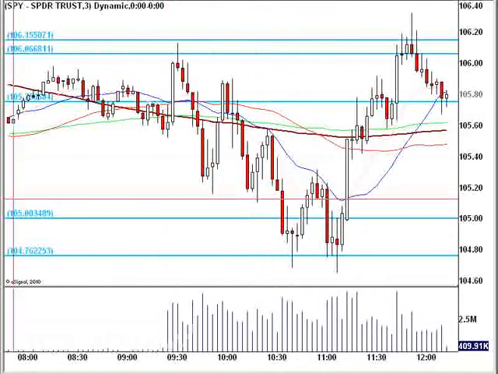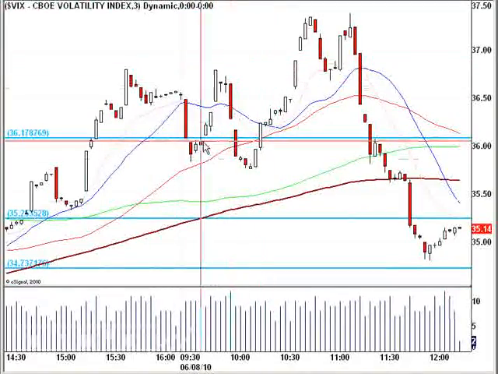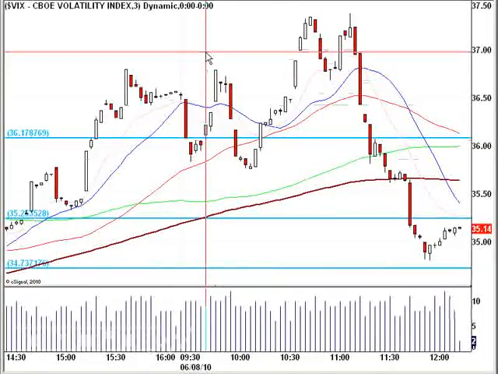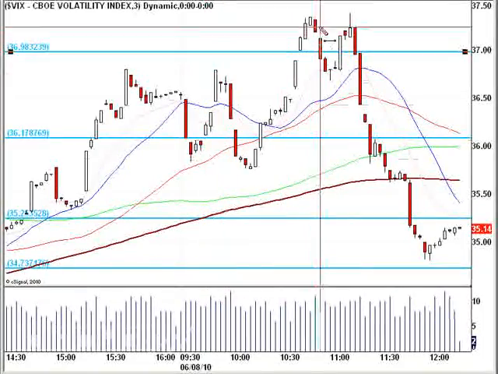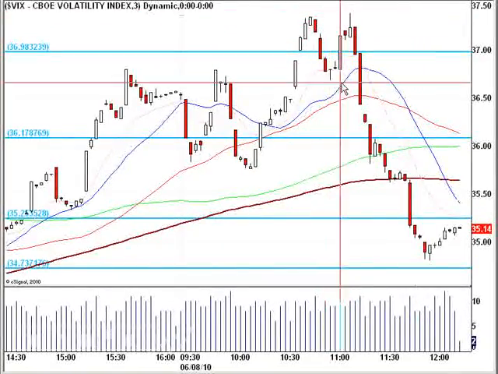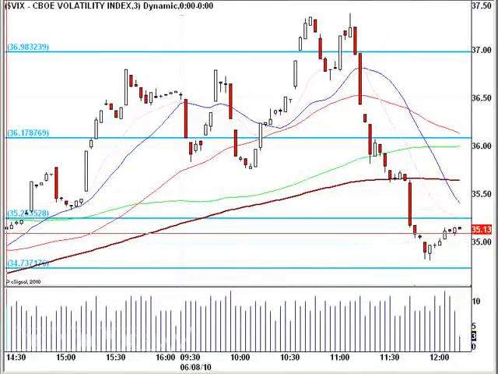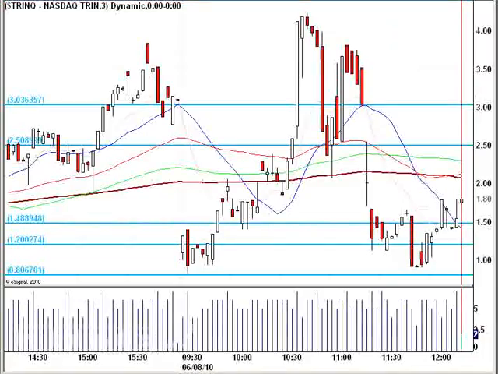In fact, that was at that time corroborated by the VIX. Nice little run up past the 36 mark and stalled just around 37 with one notable good test in there. Pulled back a little bit, second test, relatively equal swing high, and then we came all the way back on the VIX. During that same time frame, if I can just tear apart the market internals here, the trend Q